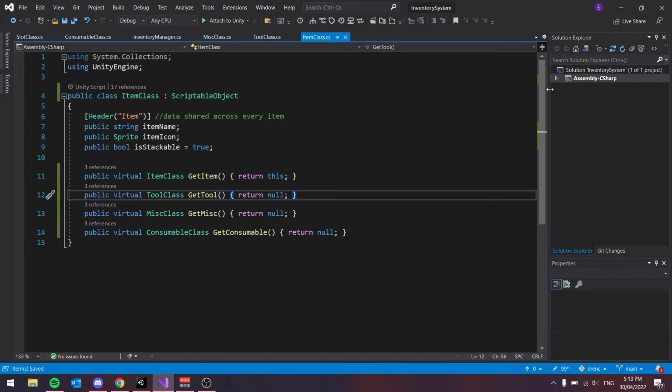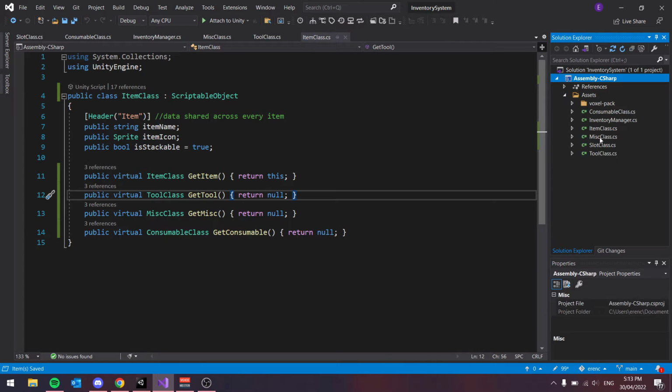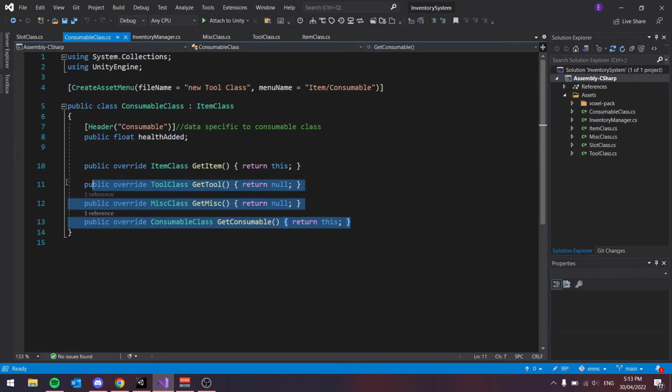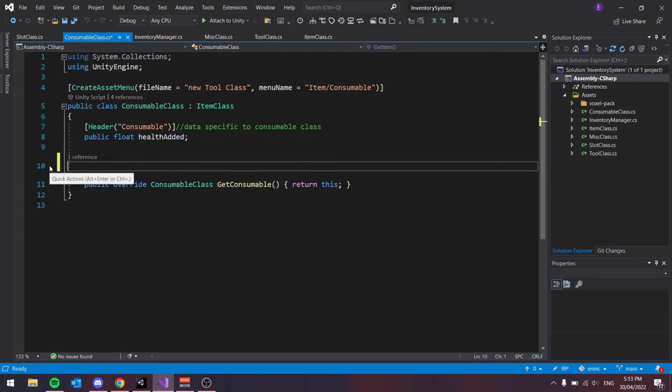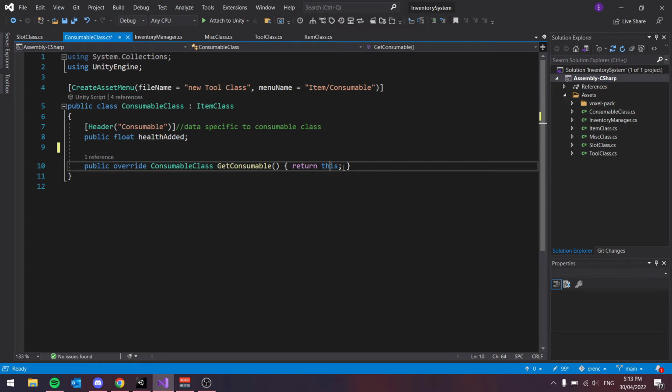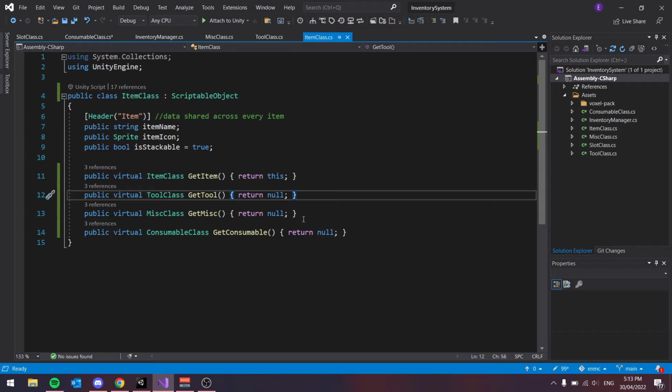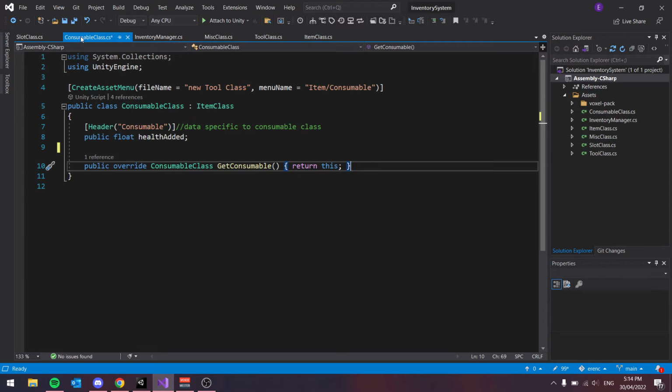Fantastic. Now I'm just going to open up my assembly here as well, just so I can see all my scripts. Cool. Now I'm going to head over to our consumable class. Now here we have the overrides. Now here's what's cool. We don't actually have to include any of these. We just have to include get consumable, which is going to return this because it's overriding this. So by default, when we say get consumable class, it's going to do this, which is going to return null. However, our consumable class is going to override that action using obviously the override keyword, and it's instead going to return this, being the consumable class,